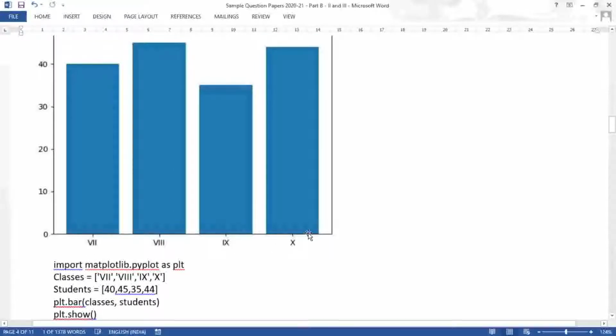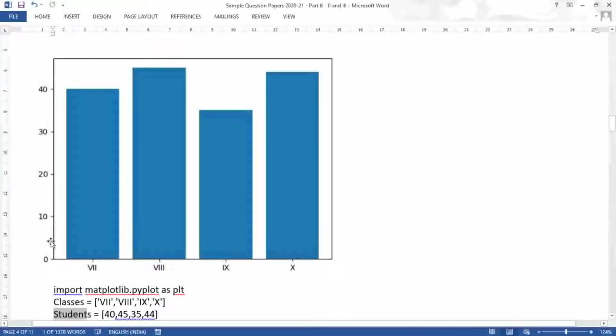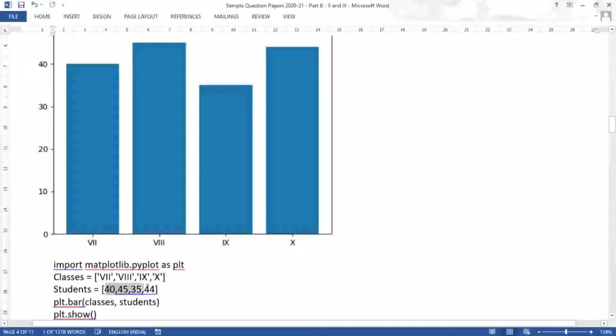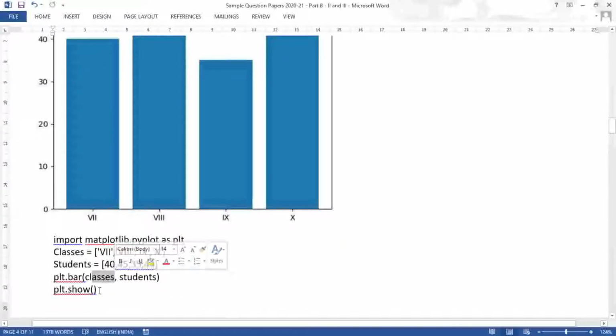It means classes we can say, and students they have plotted on the Y, or vertical axis: 40, 30, 20, 10 and 0. So that you can write like this. They have created two lists, one classes, second students. So plt.bar(classes, students), and plt.show().